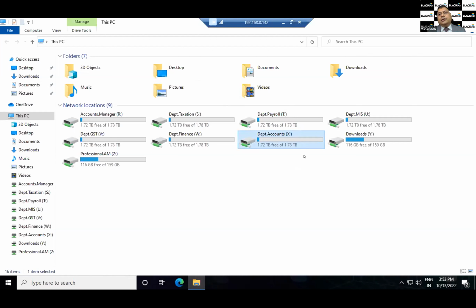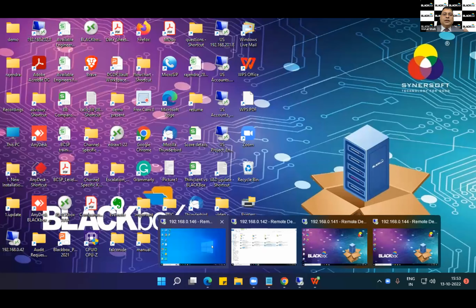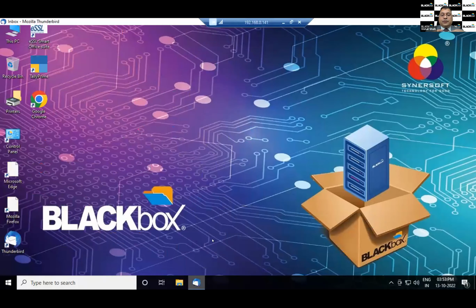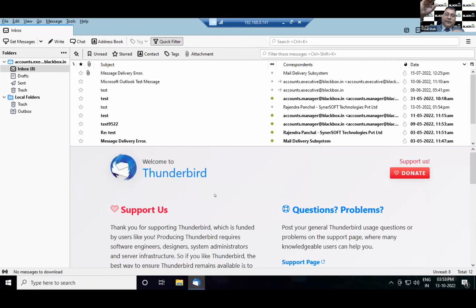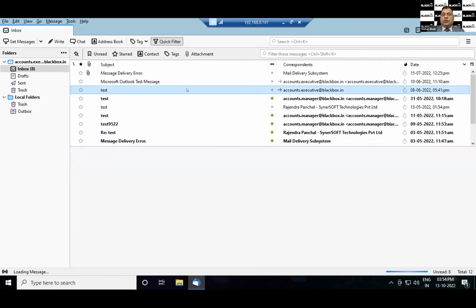Now we will look at the email part. So these users can basically access the emails using Thunderbird. Can you open the Thunderbird, please? Now these are DNS split users. As I've explained, one catch-all account, then split. So here it is Thunderbird, and users can access the mails through Thunderbird.